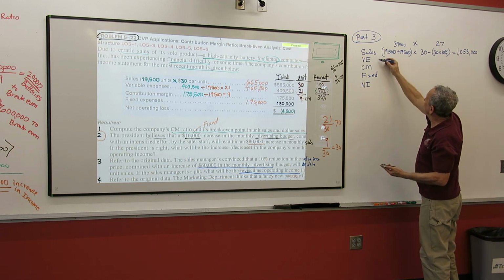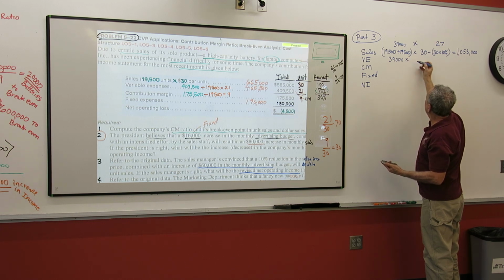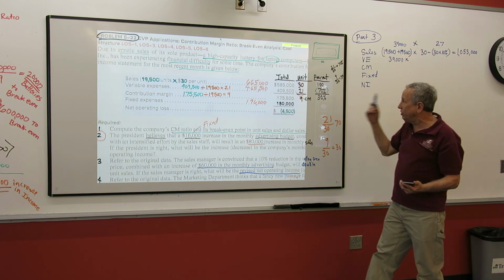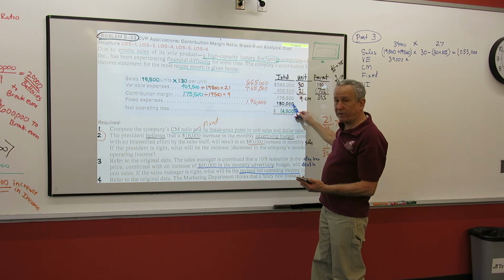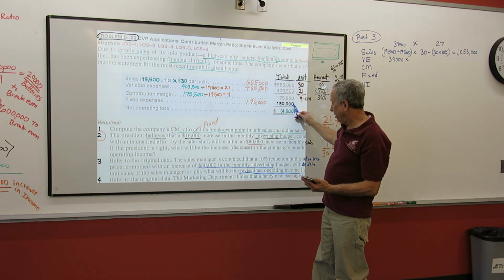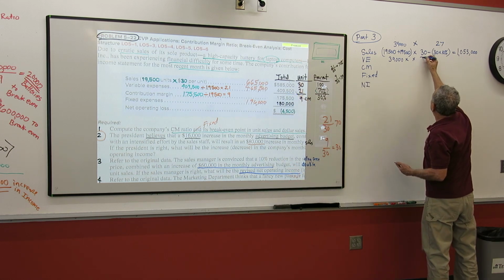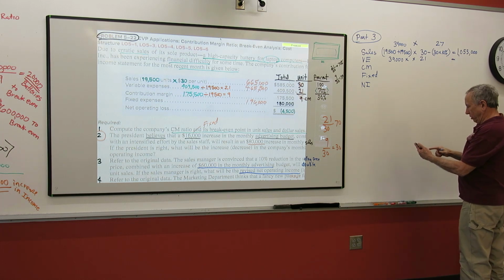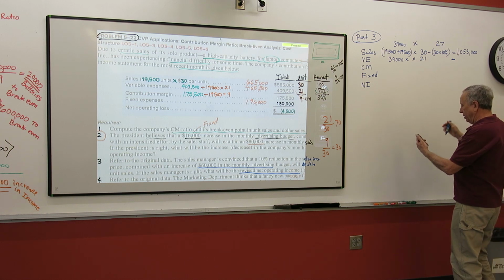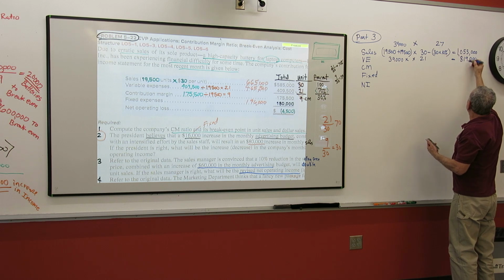What's our new variable expenses? Well, it's going to be 39,000 units times, now they didn't say they were going to change variable costs. They said they're going to change the selling price, and they're going to change the fixed cost because that's advertising. But they didn't say they were going to change anything else, so it's 21. So take that times 39,000, and 39,000 times 21 is equal to $819,000 of variable costs.